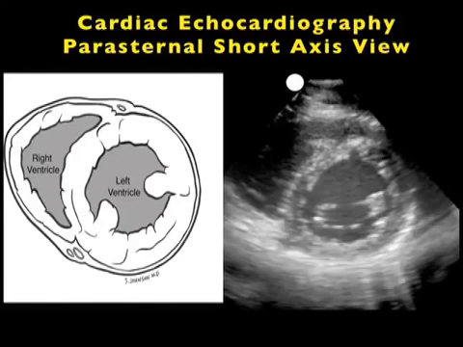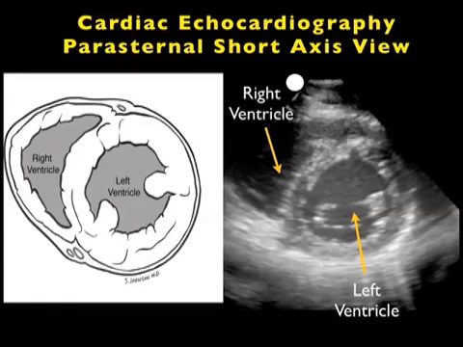Here's what the views from the parasternal short axis plane of the heart will look like. We see a pictorial here to the left showing the left ventricle cut in cross section as a cylinder, and the right ventricle as a little sliver just to the left of the left ventricle. We see an ultrasound image corresponding to the right, and note the left ventricle again, that cylinder cut in cross section, and the right ventricle above the left ventricle more anteriorly and to the left. In this way, we get a good sense of the overall cylinder of the left ventricle and can gauge its